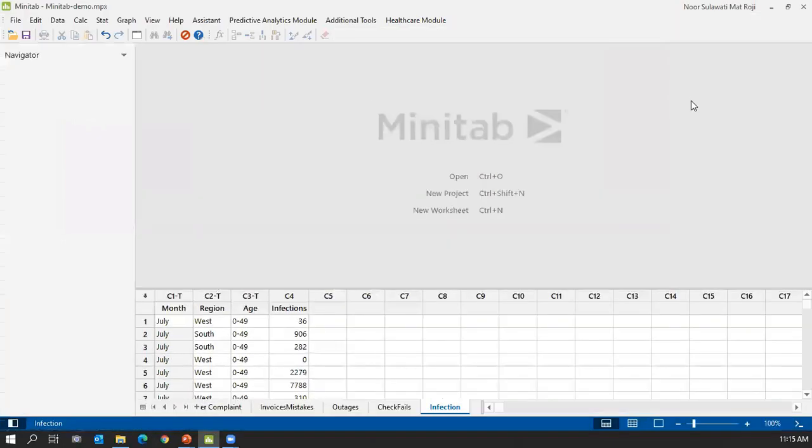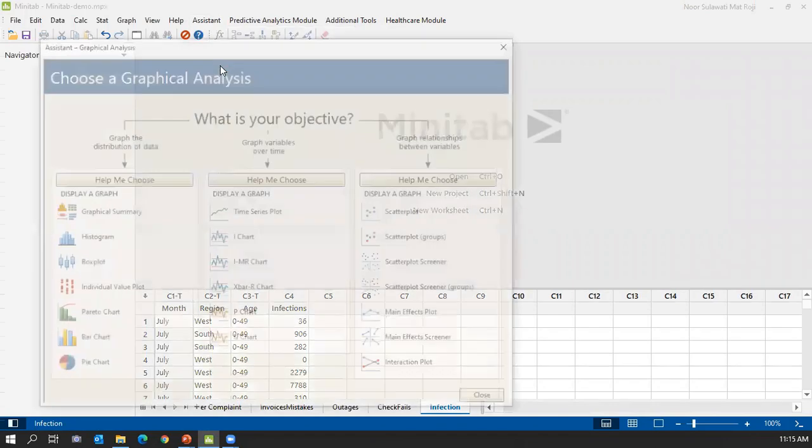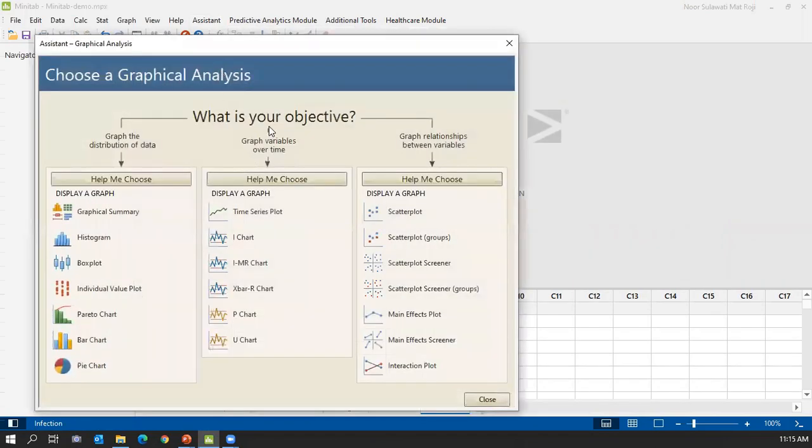Okay, so how do you get the tree, that graph? You can go to the Assistant. You go to the Assistant, you choose Graphical Analysis. Okay, so in this tree diagram, it helps you decide which one is the best graph for you based